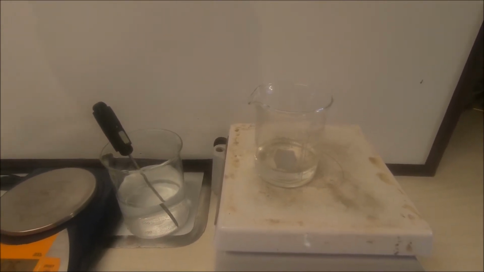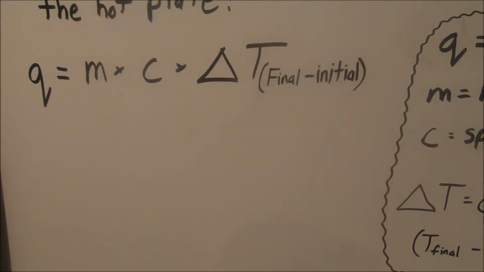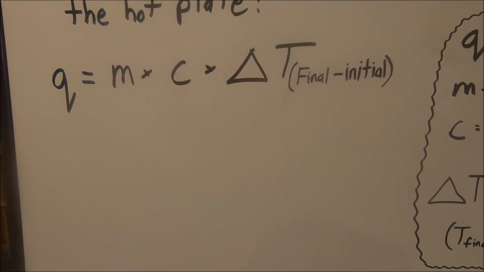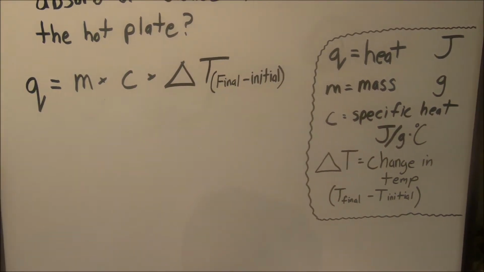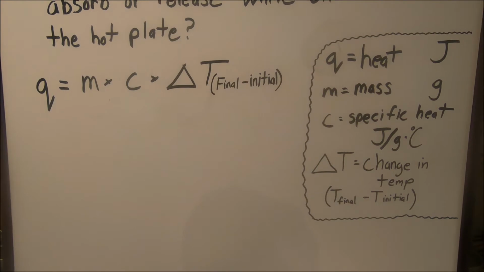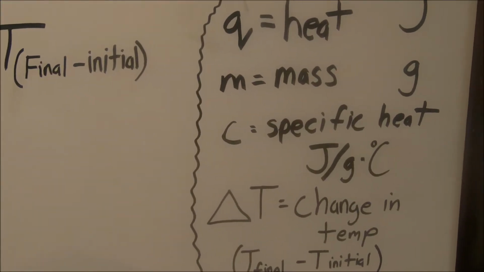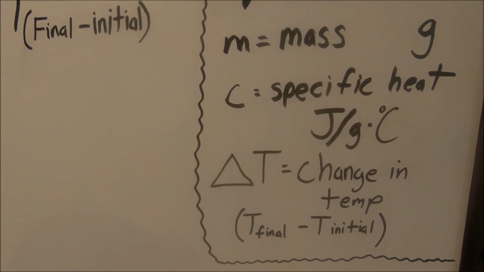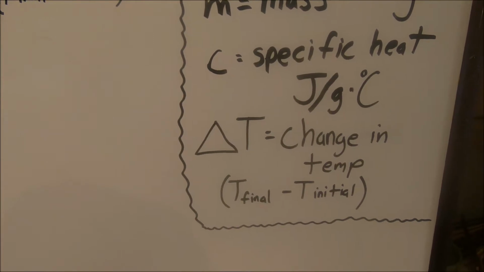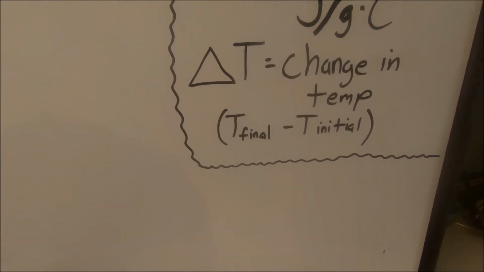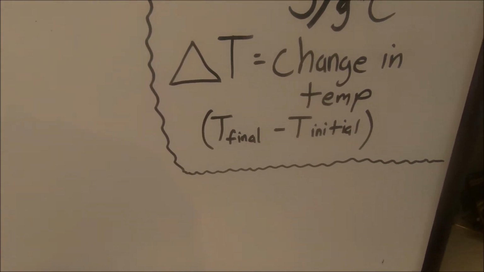So we're going to look at our equation now for the specific heat, or the energy. Q is equal to mc delta T. On the side we've got our Q standing for heat, measured in the unit joules. Mass in grams. C, or specific heat, with the unusual unit joules per gram degrees Celsius. And then our key unusual one, change in temperature, delta T, is going to be the final temperature